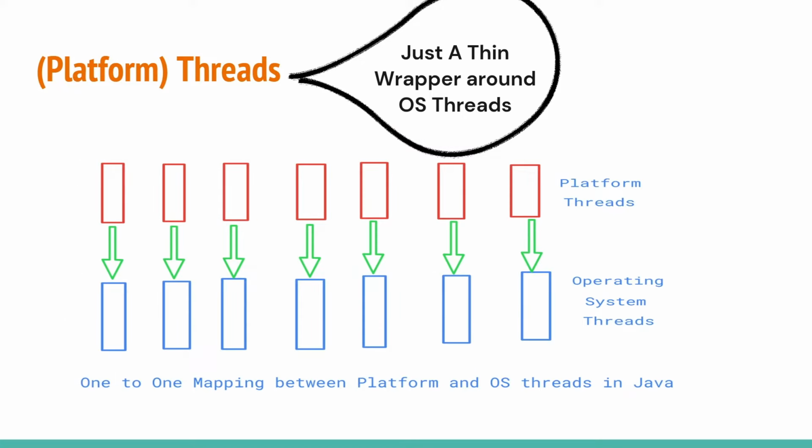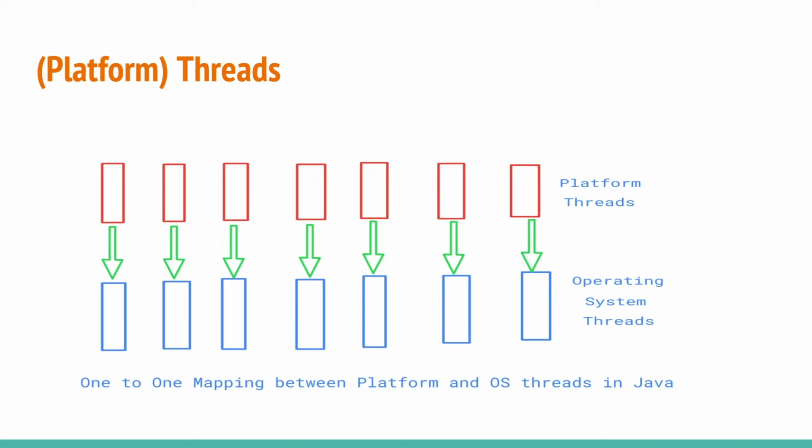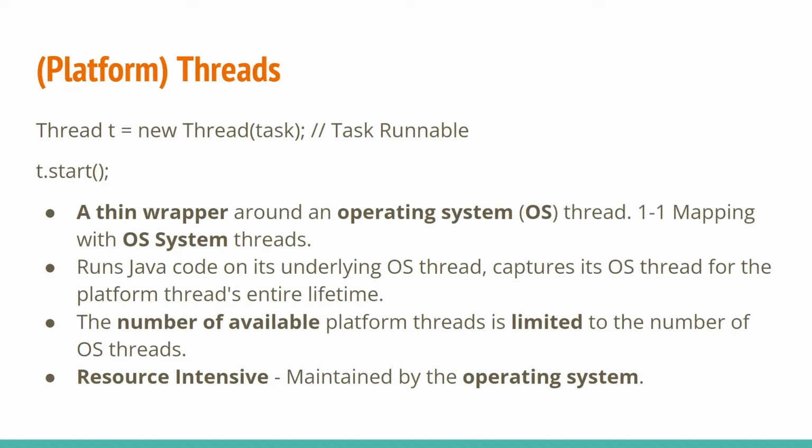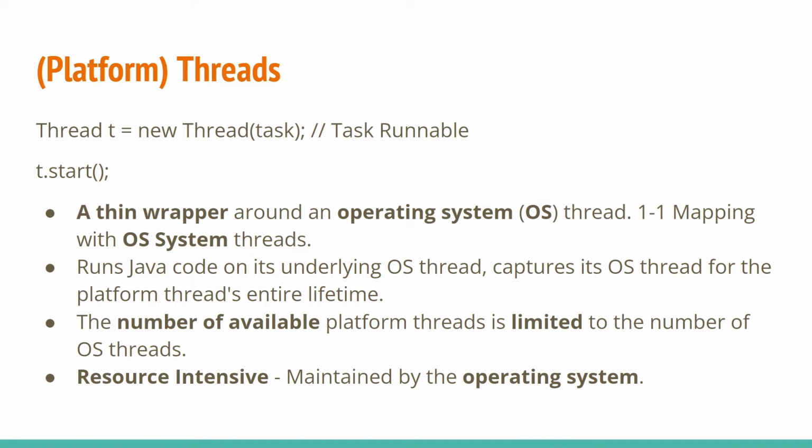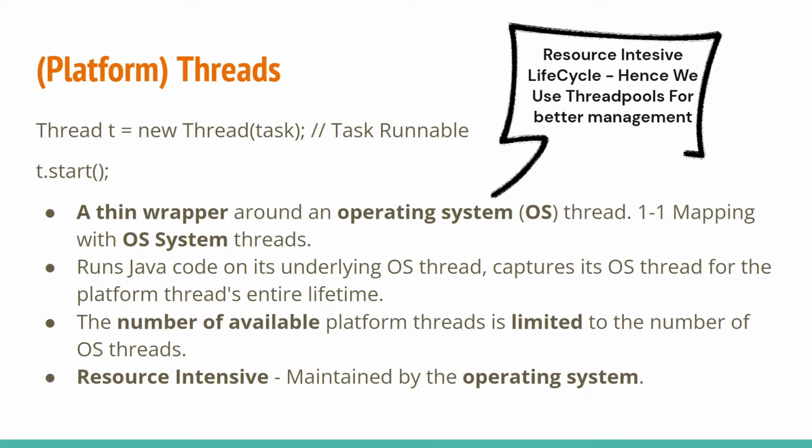Yeah, so these are platform threads that we have been using for many years. They have a one-to-one mapping with operating system threads. In fact, they are just a thin wrapper around operating system threads. They run Java code on the underlying OS thread, and for lifecycle management, they completely rely on the OS thread. Because of this, the number of platform threads that we can create is limited to the number of OS threads. Creating platform threads and maintaining them is very resource intensive. Hence, we use thread pools for efficient management of platform threads, where these OS threads are used and mapped to